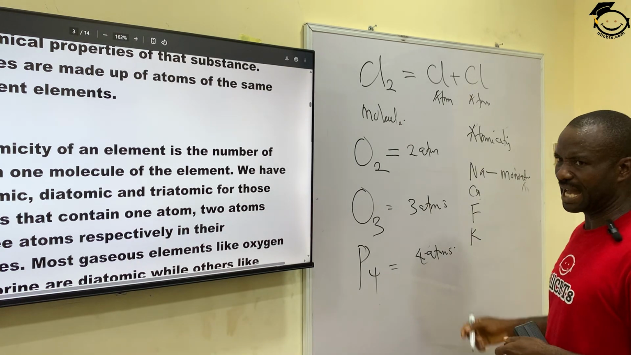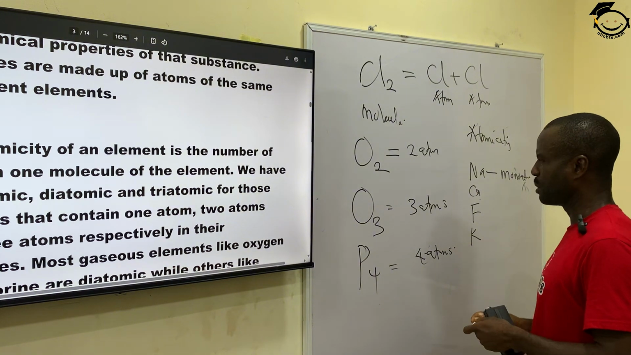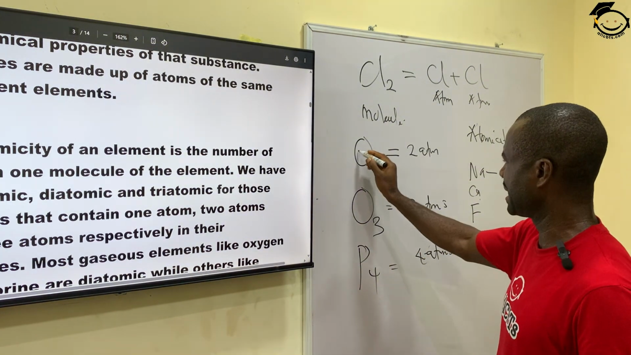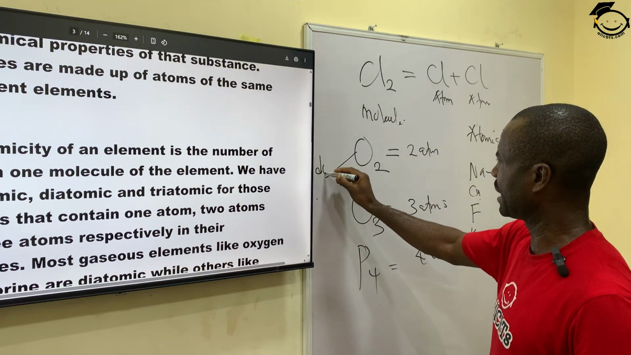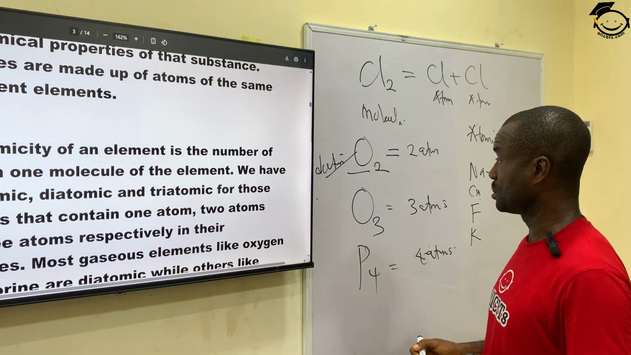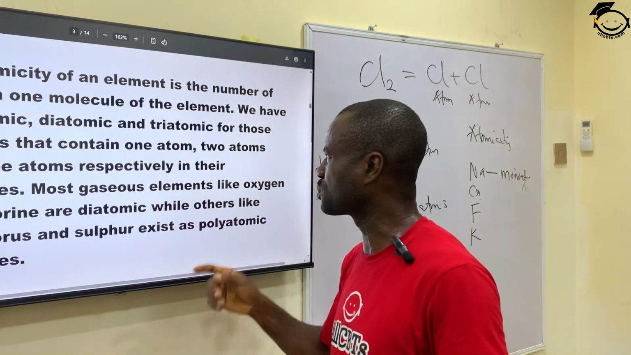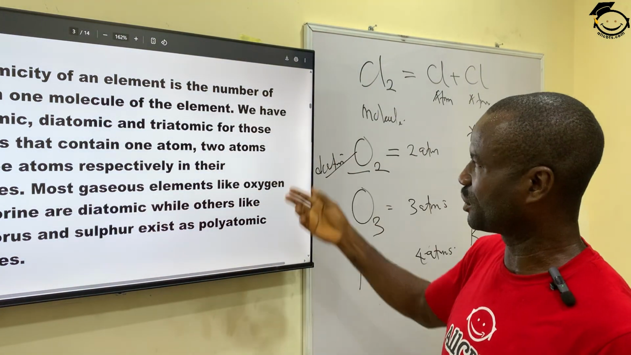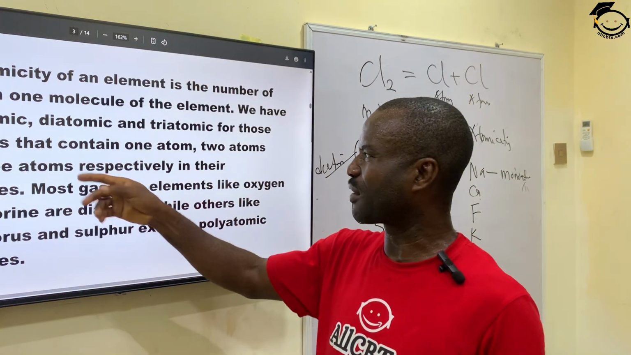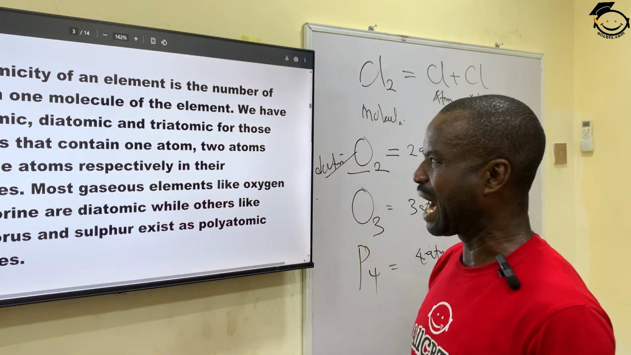So these are monoatomic, meaning only one atom. But when we have 2 atoms, just like here, these are diatomic, meaning only 2 atoms are present in one molecule of the substance. So we also have what we call triatomic, meaning 3 atoms are present. For those elements that contain 1, 2, 3 or more, they are called